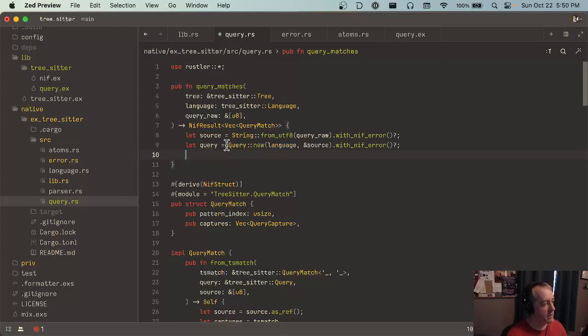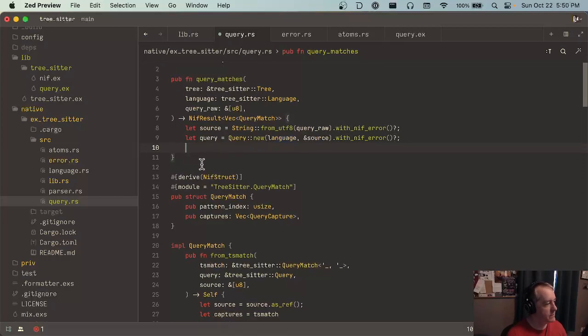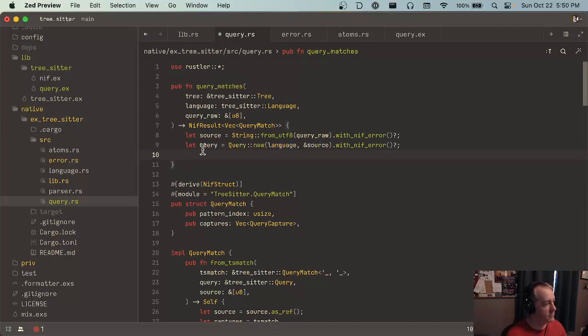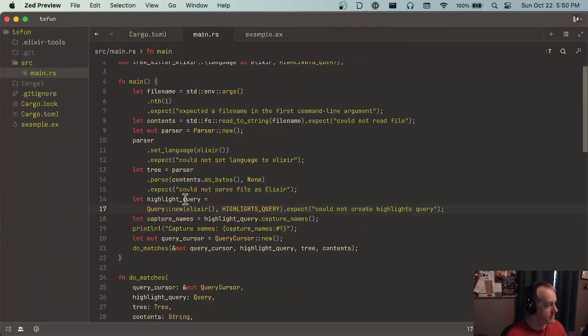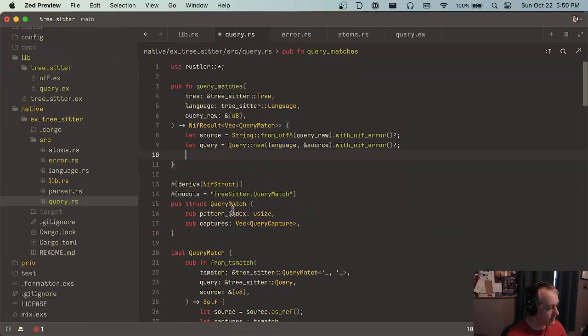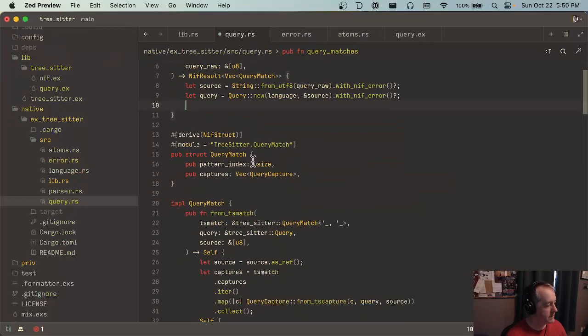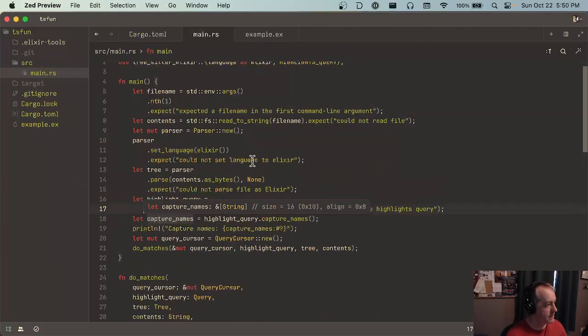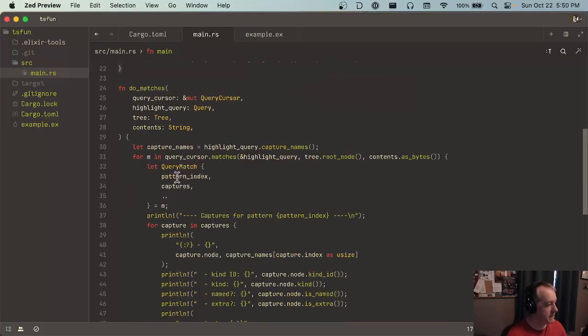Not the most ergonomic thing, but we'll at least be able to move forward more quickly. Okay, so we've created the query like we did over here. So we got the query. And then we want to do something like this. Except we're going to do a big